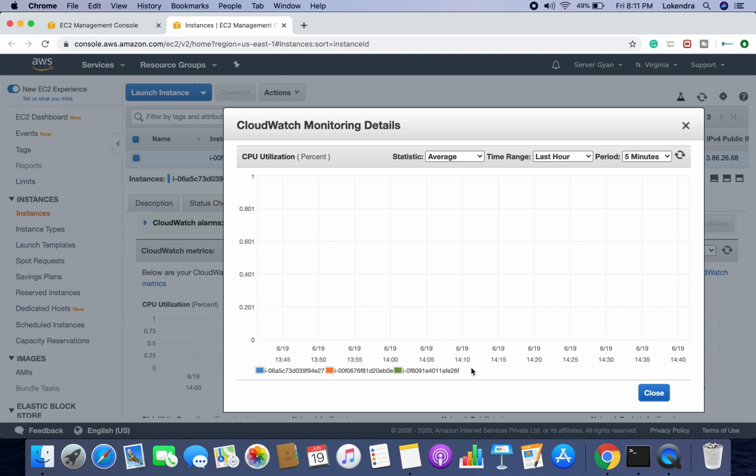If we check the metrics here, they will be available within a while, because these servers were just created and I'm using only default metrics, so they come after 5 minutes. Based on my requirement, it will populate the load average of all 3. If the load average is above 60, it will add new servers to my auto scaling group. If the load average is below 60 for the next 5 minutes, it will terminate one instance.